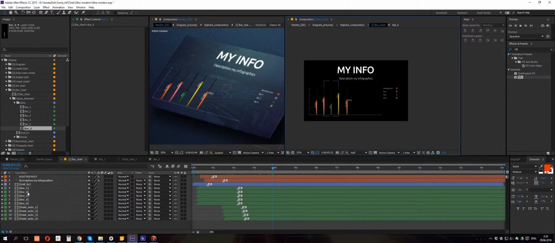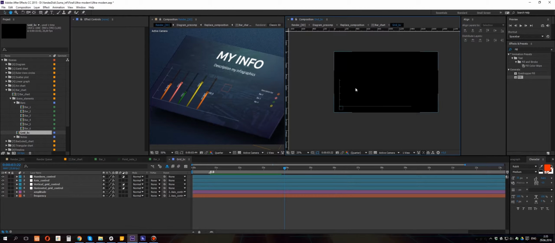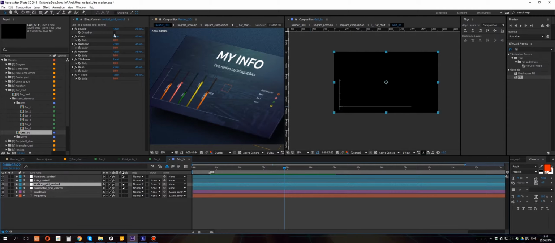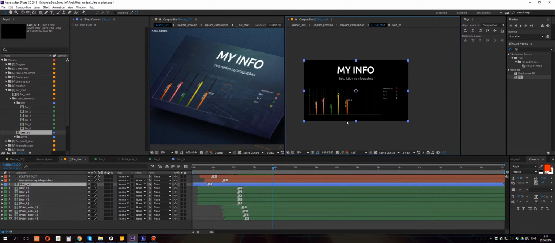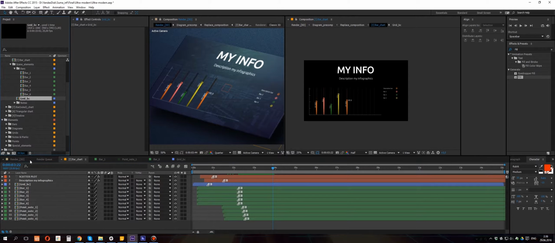Let's change the grid. For example, let's add vertical stripes. Change the number of them. Increase the opacity. All is well. Slightly move it by the y-axis. So okay. If we want to add another color, we go to folder Elements, Bars, select bar up,